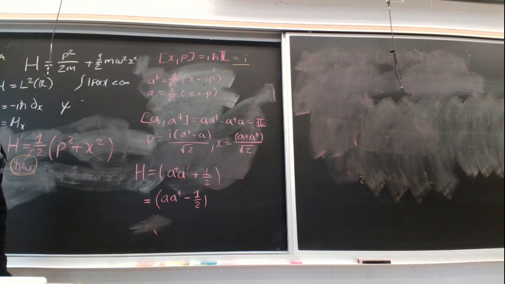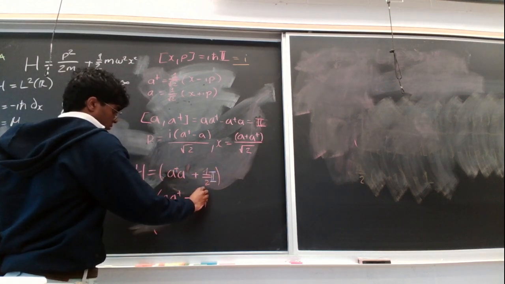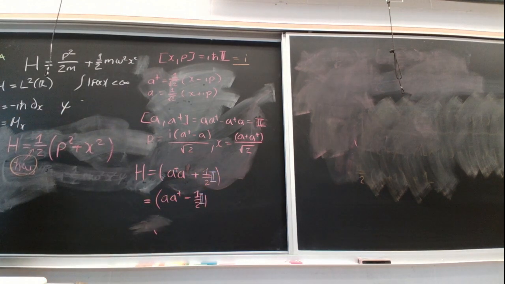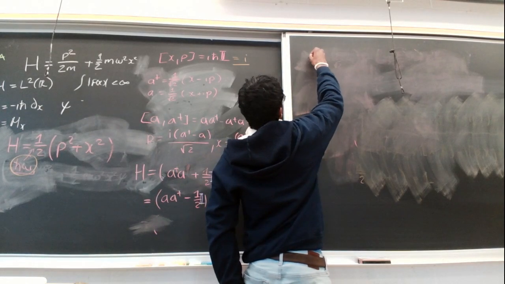I want to make the problem simpler. H has this 1/2 factor, right? But that 1/2 factor is 1/2 times the identity. Do you agree? So if something is an eigenvector of this, it's still going to be an eigenvector of just A dagger A. So maybe you should write this on the new board: eigenvectors of H are the same as the eigenvectors of